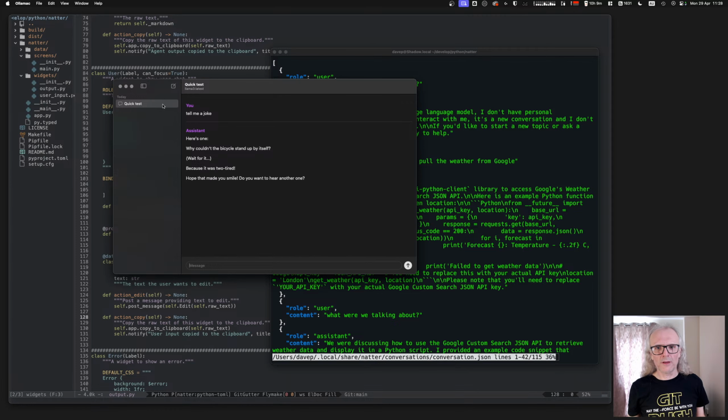I can start a new chat, and the previous conversations would be down here, and you can switch between them and stuff like that. Can you change the model? I don't think you can change the model once it's underway.